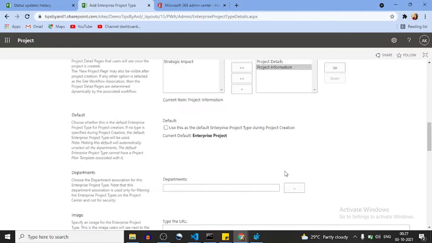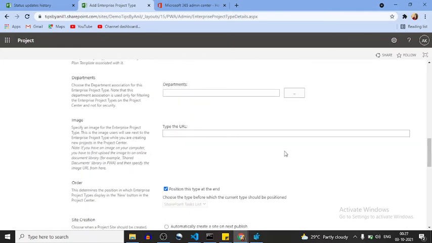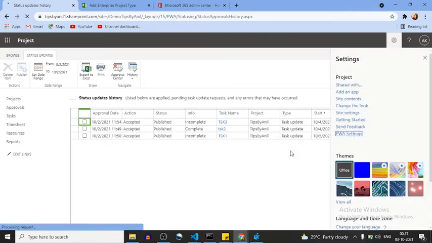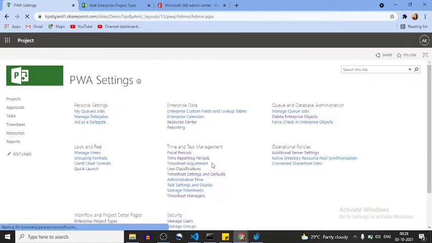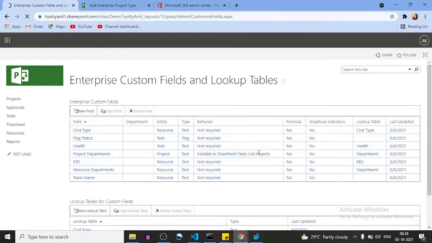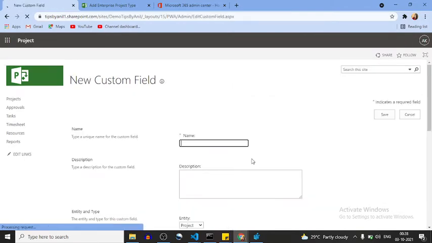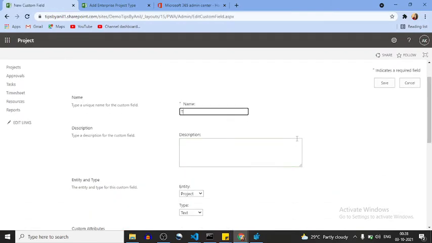Now PDP is coming, and here is the department. So suppose I'm going to create a department. These are all the custom fields I'm going to describe to you. From here you can create a new custom field. The custom field, test custom field.